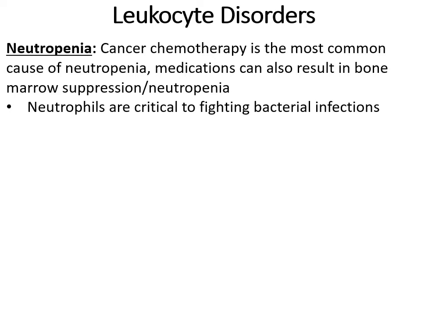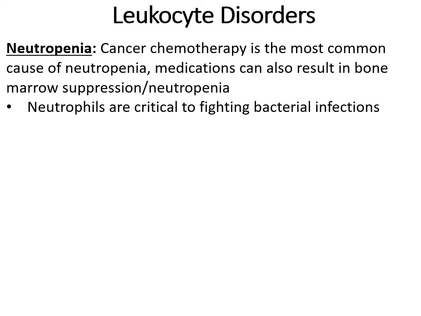So neutropenia is when your neutrophils are too low, right? They're typically too low because the patient is receiving chemotherapy for a particular cancer that's led to bone marrow suppression and neutropenia, okay? And neutrophils are heavily involved in fighting off bacterial infections as part of the innate immune